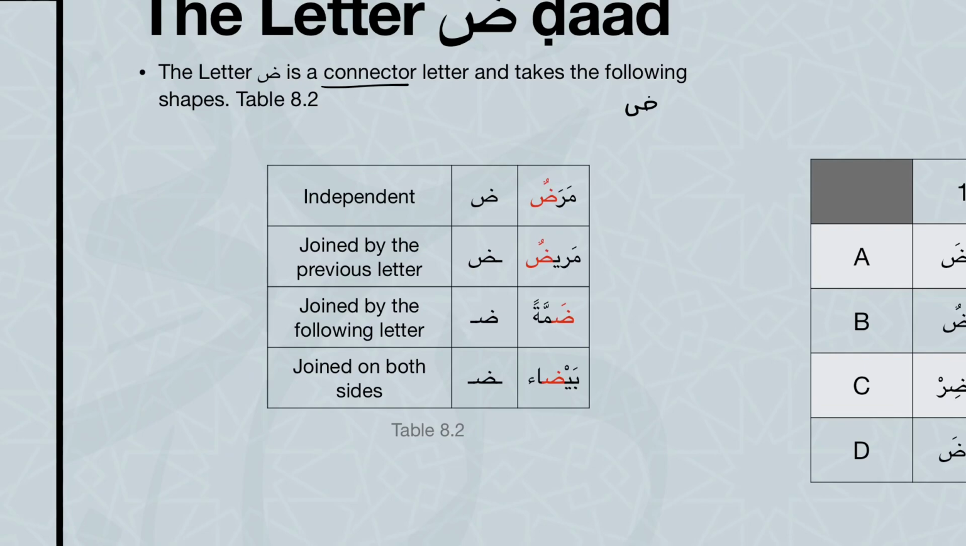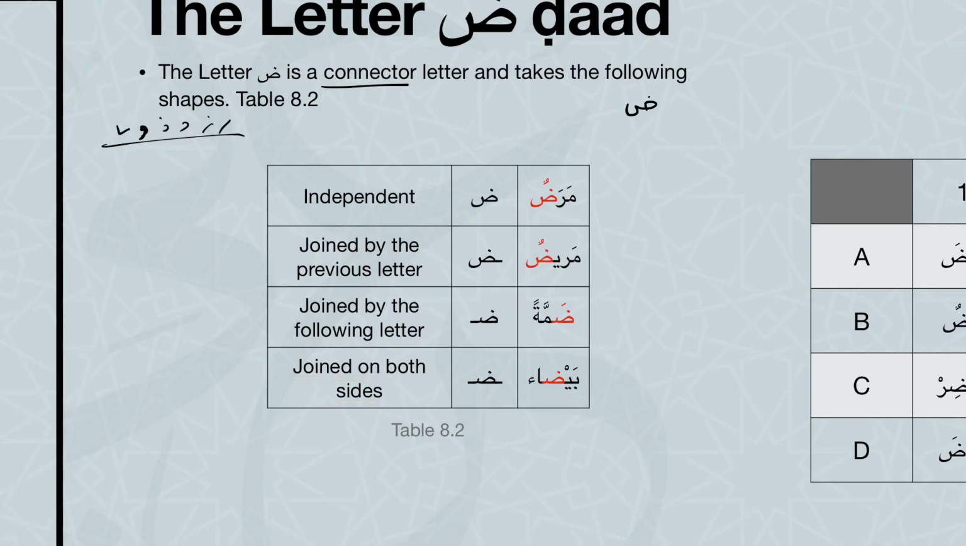There are a few non-connector letters: the ra, the z, the d, the waw, and the final alif. Those are basically the non-connectors. Everything else is basically a connector. As we've discussed before, the connectors have an independent form, on its own or following a non-connector, for example, a form where it's joined by something before it, or a form where it's joined by something after it,